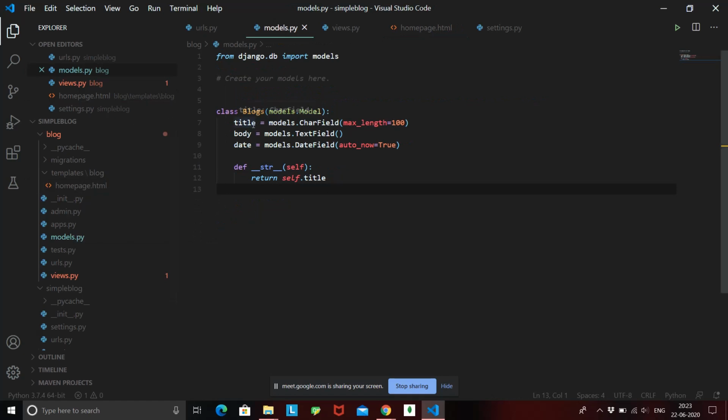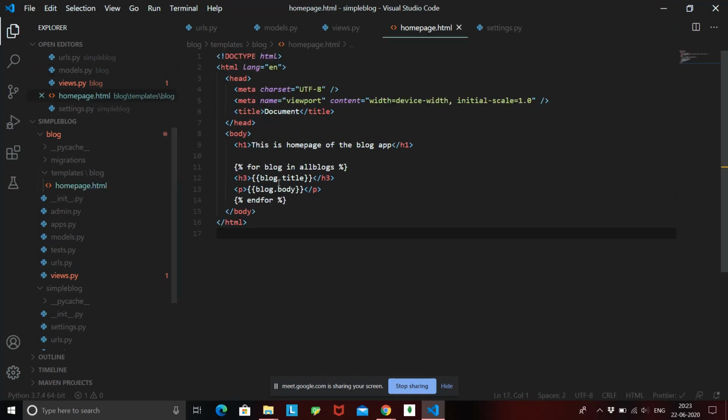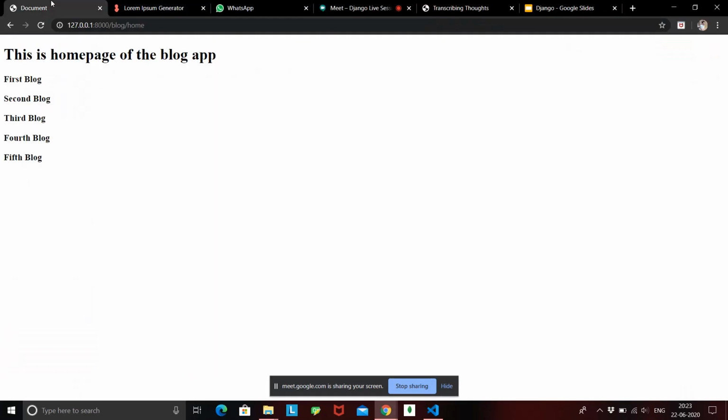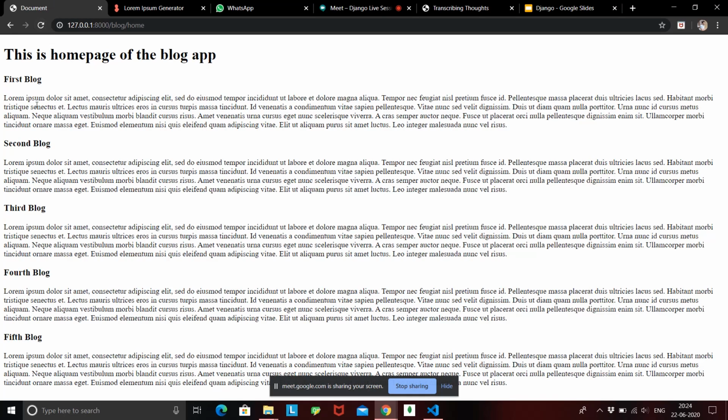Inside your models.py we have given the attributes title and body, so the same attributes should come into your rendering, that is blog.title and blog.body. Once I save this, go back to my front page and refresh it, this is going to give me blog title, blog body, title body, title body.